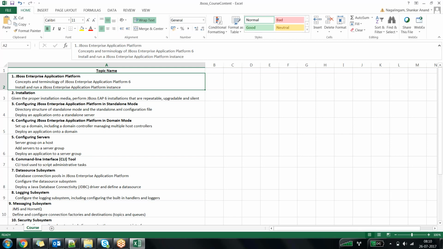Clear? Okay. So are we installing this JBoss in the Linux version or in Windows OS? I strongly urge you to do it on a Linux operating system, as the majority of our production environments are on Linux. But be it Windows or a Linux-flavored operating system, 99.99% of the time, except for the installation and a few configurations, all the other configurations remain the same. So I give that freedom to you.